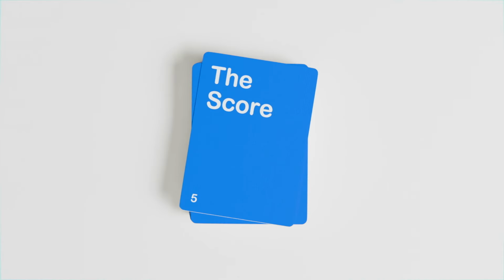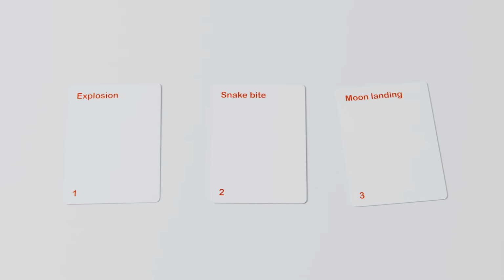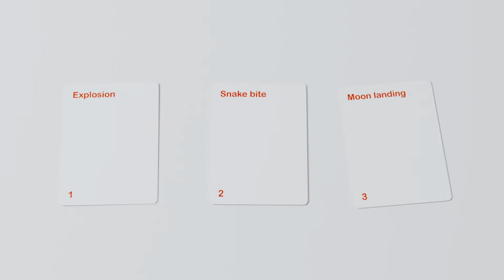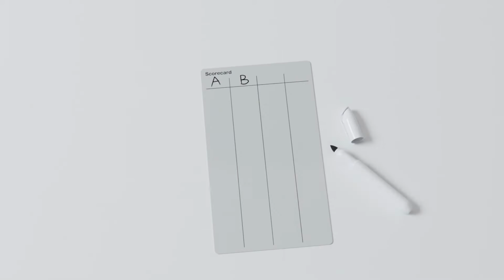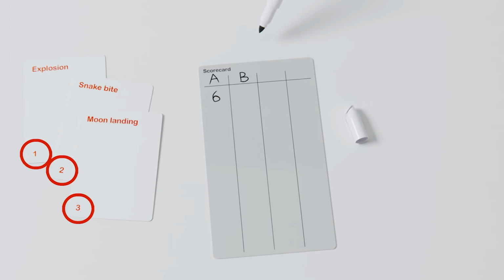The score. Now comes the scoring. Each card has points allocated based on difficulty, 1 point being the least difficult and 3 points being the hardest. For every correct answer, the corresponding points from each card go to that team. But